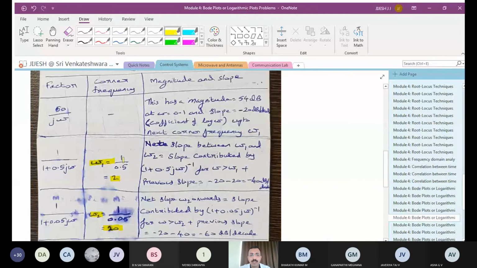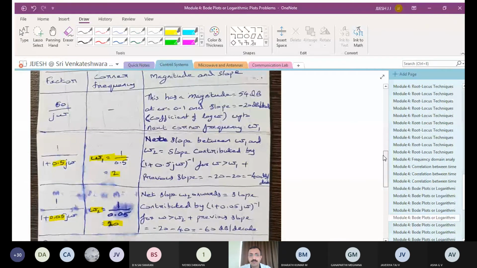So what is that? The omega value. So I have to find out the omega value and see whether it is in ascending order. So when I calculate the omega value, here I'll get it as 1 divided by 0.5, and here I'll get it as 1 divided by 0.05. When I calculate it, I can see that this term has to come first and then this has to come. So it is in ascending order itself. So the omega values are 2 and 20. So this is in ascending order itself. So no need to worry about that. So it is correct. Okay.